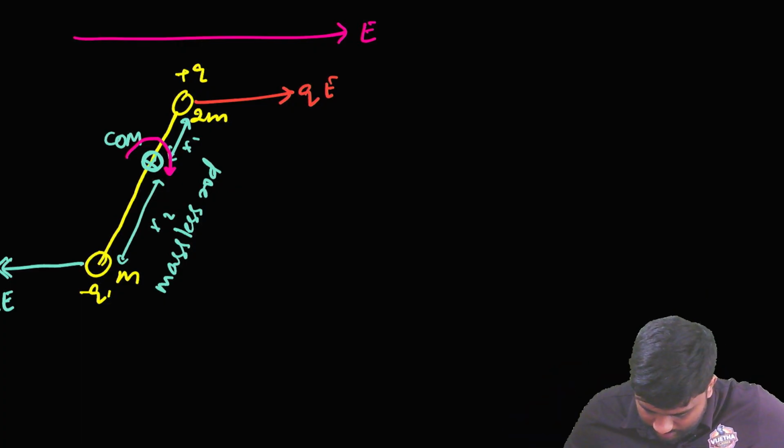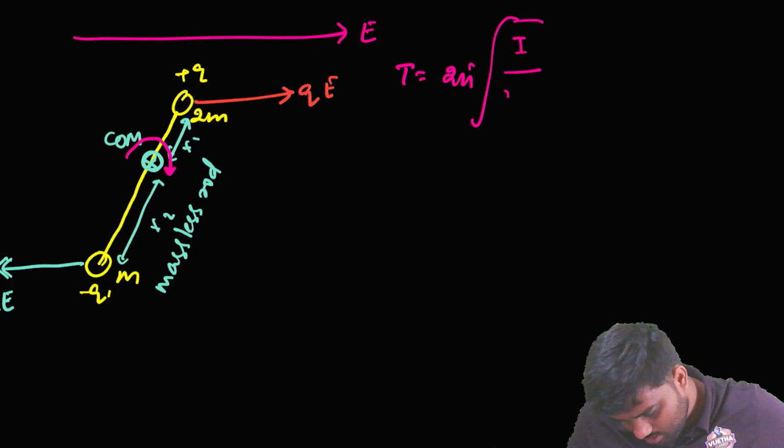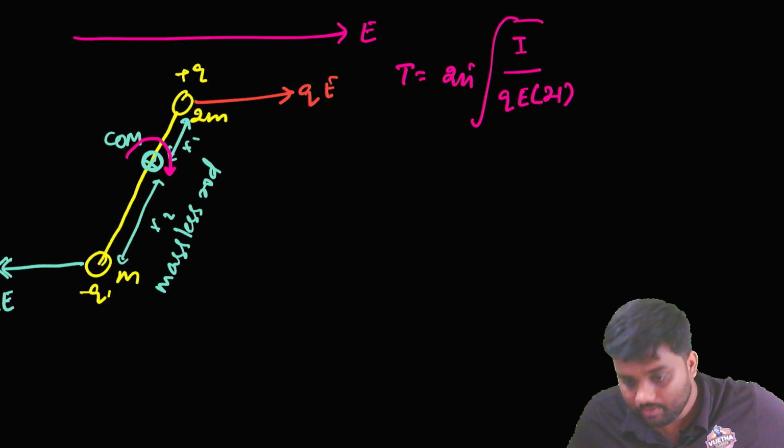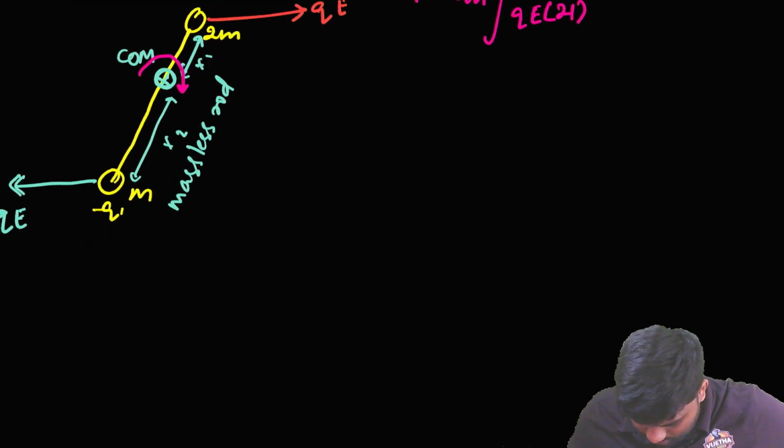That means when you are talking with respect to this, the time period comes out to be 2 pi under root I upon QE into 2L. So if you revise